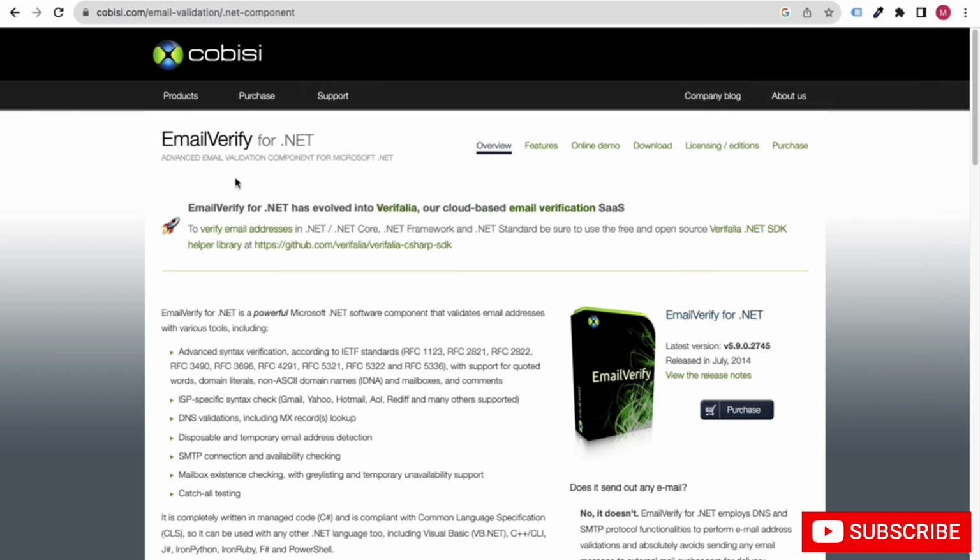Or you can use some packages, like you can see this is the email verify package. It's kind of a SaaS business, so people first have to purchase this package. They will promote this package, and when someone purchases this package, to run this package, the customer has to use your API. So in that way also you can do it.